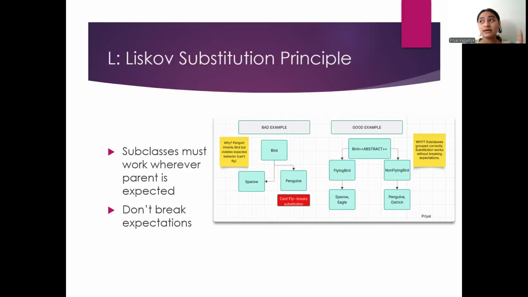I'm not going into detail about that because even I am not particularly sure, but I'm just using this as an example to explain this principle. So what we can do over here is make the bird class abstract, and then make two other classes called flying and non-flying bird, and then divide the flying birds into sparrow, eagle, and the non-flying birds into penguin, ostrich. So till now, what we have done is we have followed three